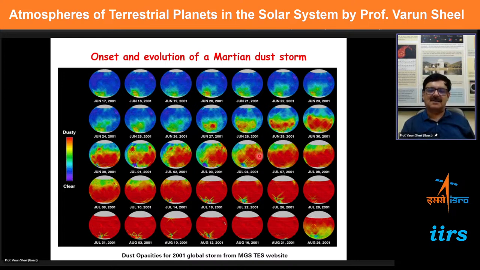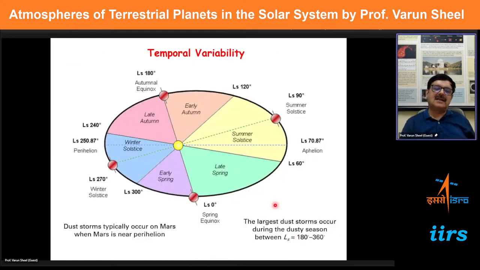This is the Mars picture, the globe picture. And then suddenly somewhere around June or July, this dust starts picking up, and after some time it has covered the entire globe. So all of you know that Mars is covered by dust. Sometimes the entire planet is covered, and this is typically what you could call a global dust storm, which covers the entire planet. And this is again coming back to the motion of Mars. This is because of the way the seasons are.